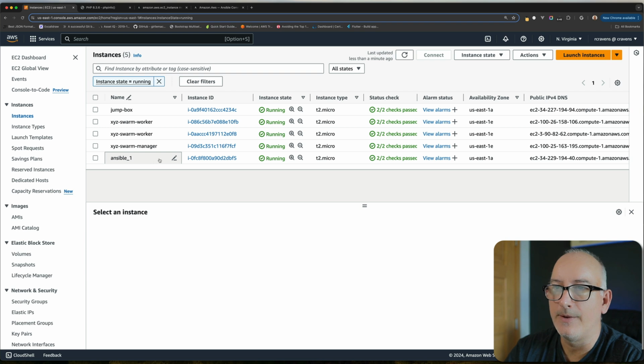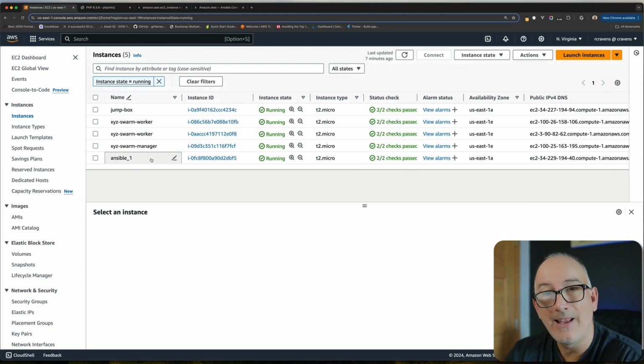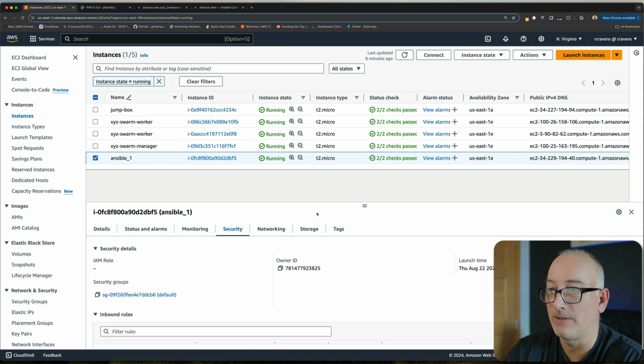And so finally, you can see that this Ansible is fully running. Everything is there for me. All right, so we've successfully used the Amazon AWS collection to spin up an EC2 instance. Now, there's a lot that we'd probably have to do with this instance before we could really use it. As an example, there's no security groups attached to this. So if I look at the security on this,